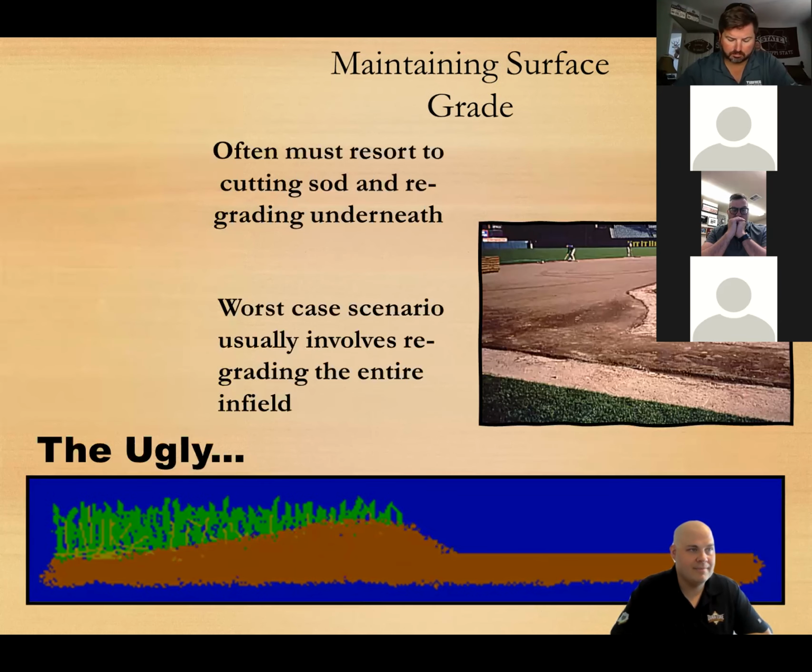Worst case scenario, you have to resod all your edges. Usually comes out to 9,000 square feet of sod. And all edges need to be cut down to rematch to the grade of the infield surface and keep that safety. It's a lot easier to put grass in here. It's a lot cheaper than it is to continue to add material and then eventually have to take all this material out to match the original grade.